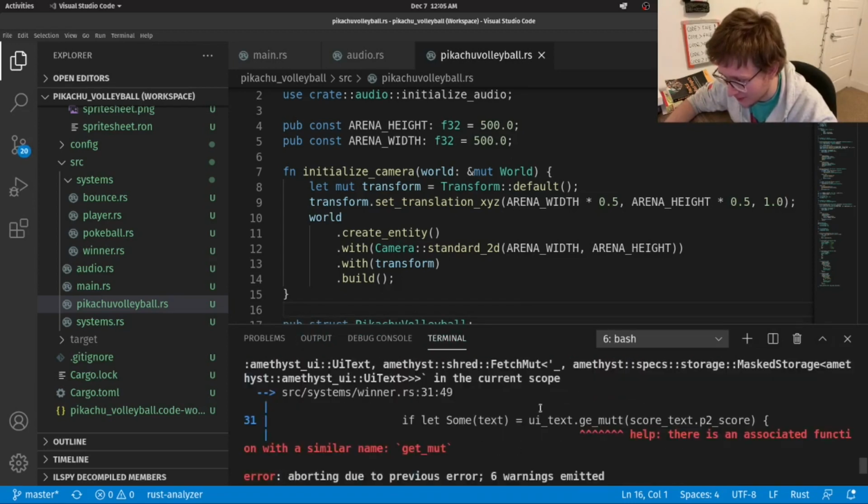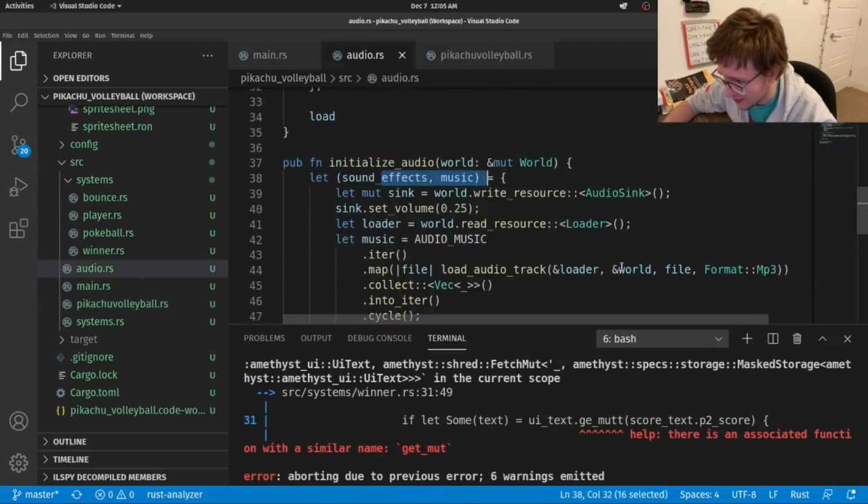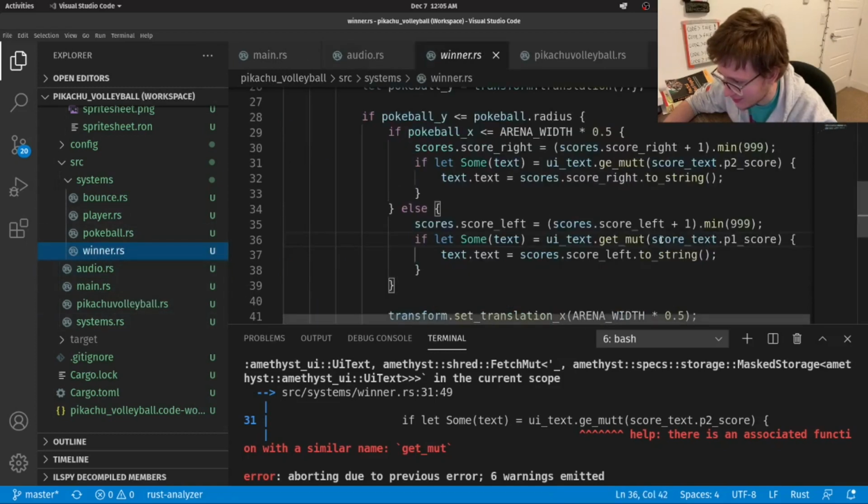Oh, we got an error. Okay. Well, I guess there isn't a get_muted. Alright, so this is in our audio. Wait, this is UI text. What? Oh, this is probably just something I did accidentally.